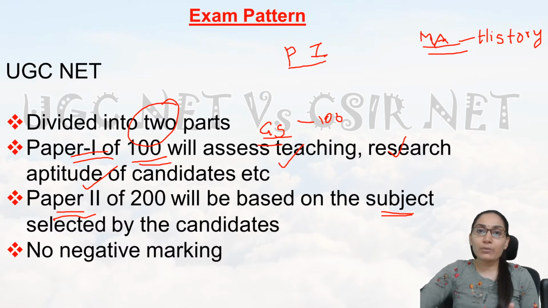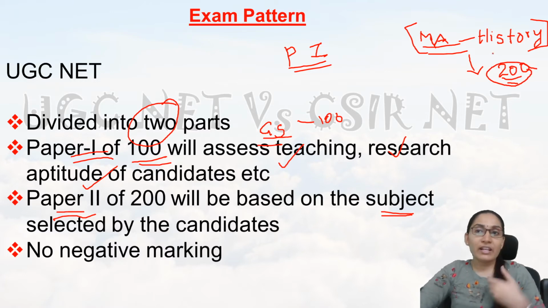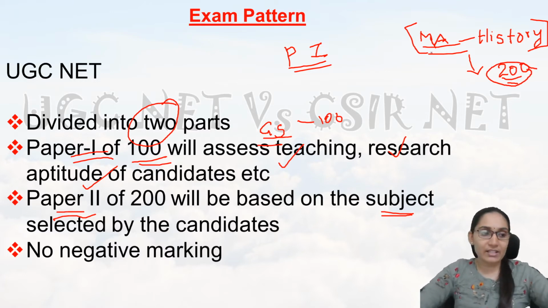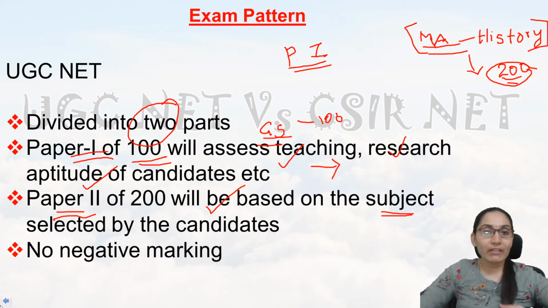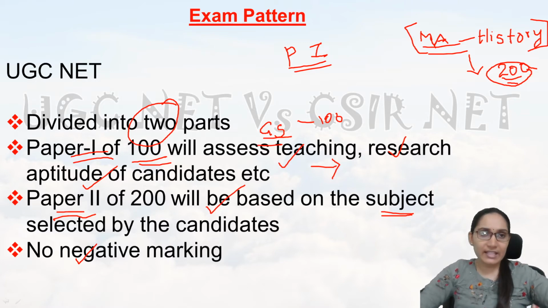But when it comes to paper 2, suppose you have done your masters in history, or your subject of specialization is history. So this paper 2, 200 marks, will be based on questions from history. So that is your subject of expertise or subject of specialization. So paper 2 is a specialized paper, whereas paper 1 is a general paper which will cover the general studies. Okay, and there is no negative marking for the NET examination,